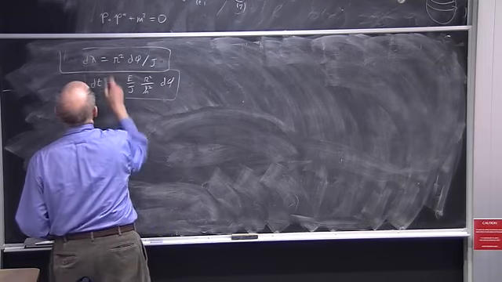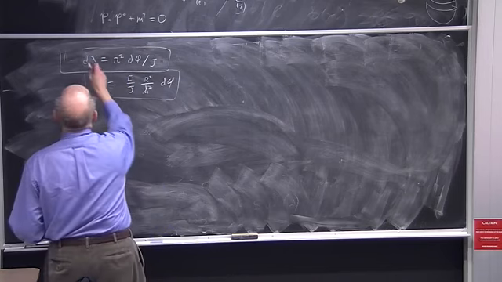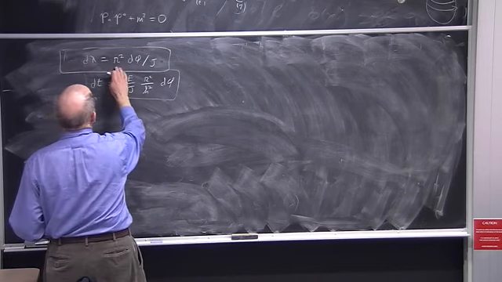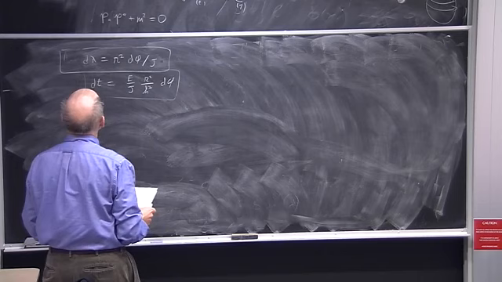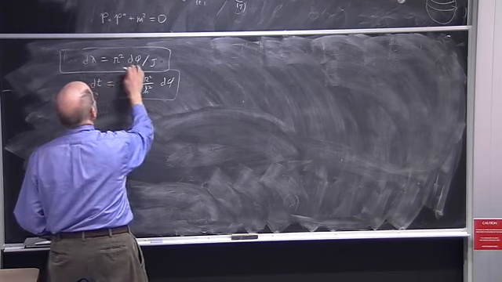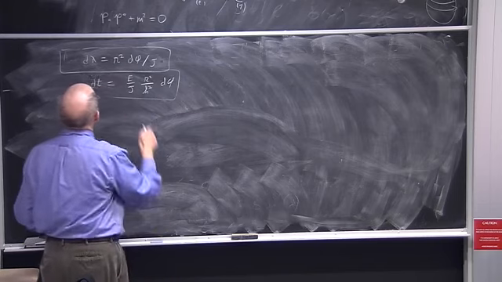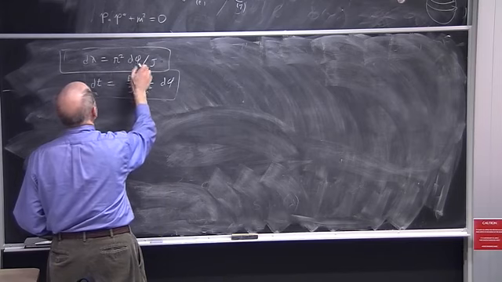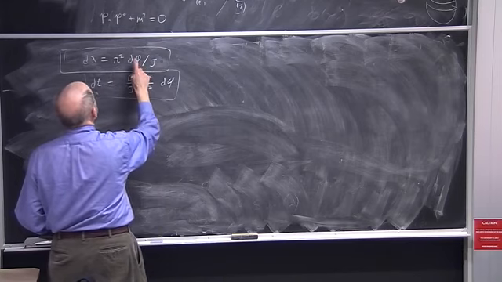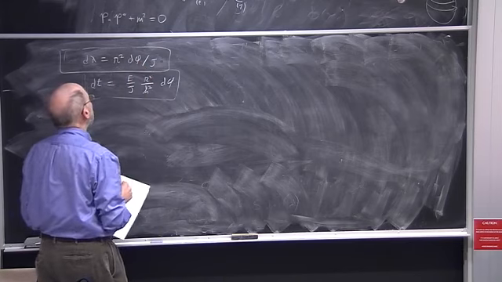You can see this one immediately allows us, if we know r is a function of phi or phi is a function of r, and we'll generally treat phi as the independent variable,